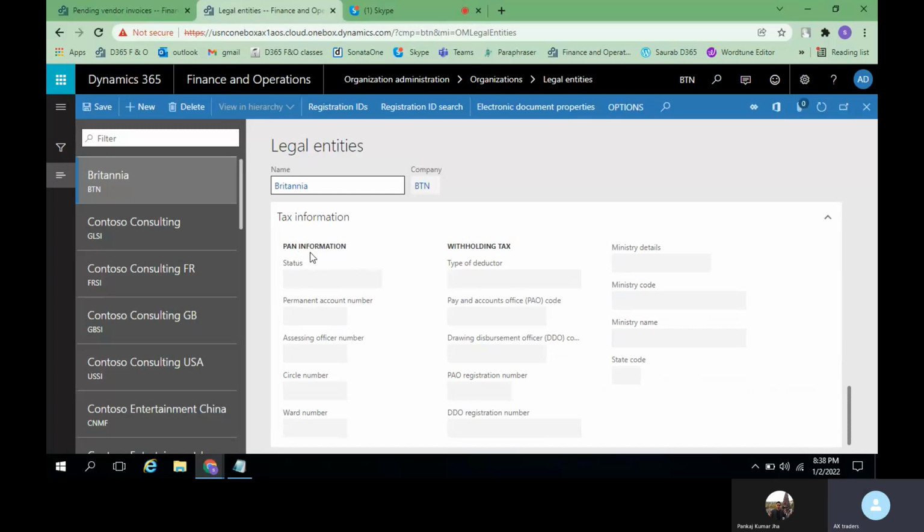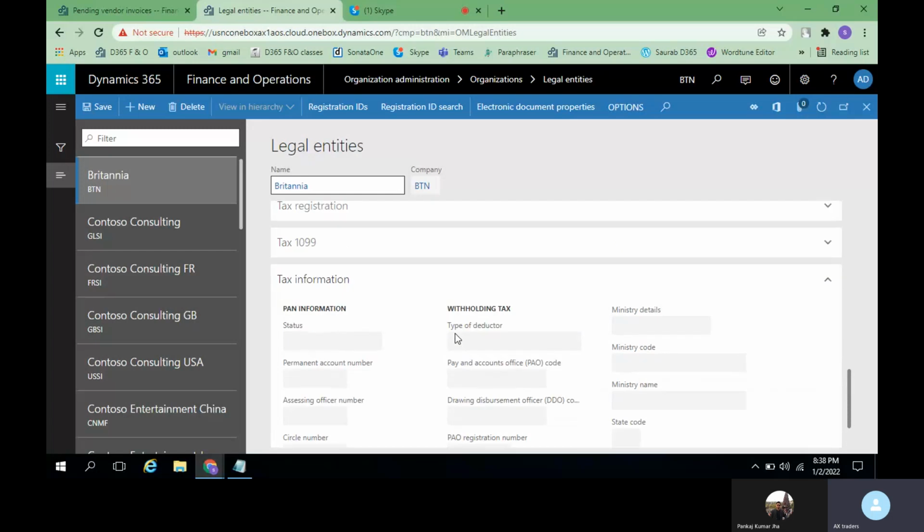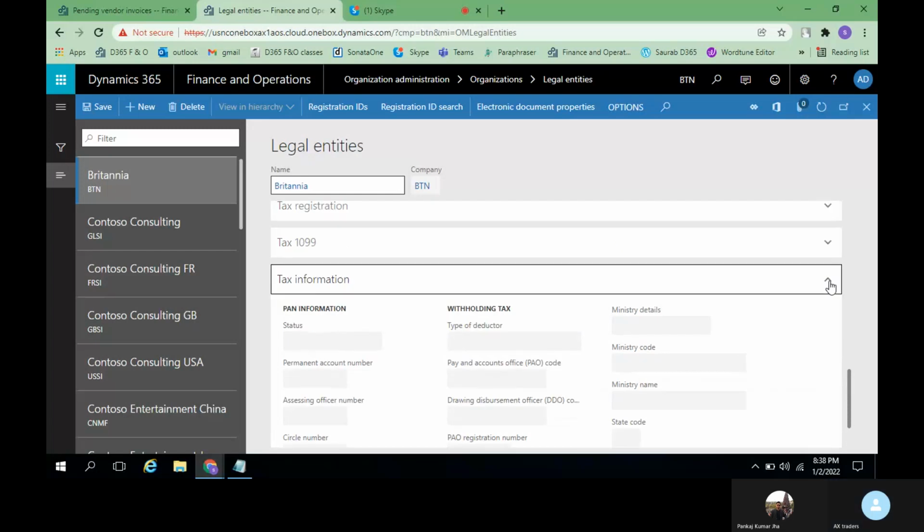Under the PAN you can see multiple fields like status. If you have applied, you can enter the status of that, or if you have already received a permanent account number, you can enter it. Since we don't have this PAN information, we are not going to enter any of these details.